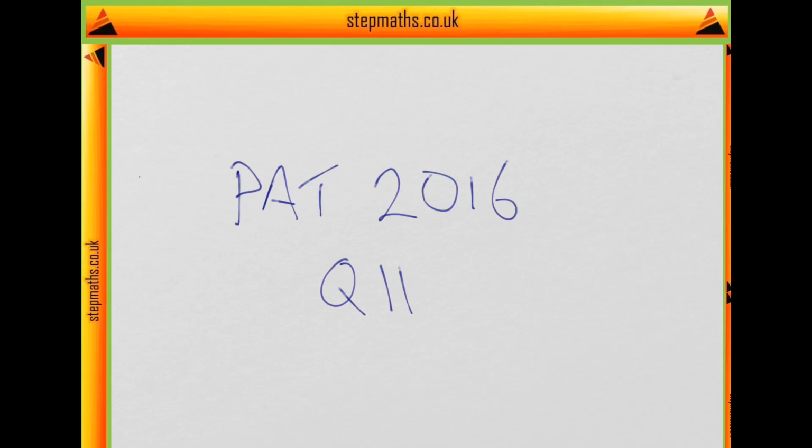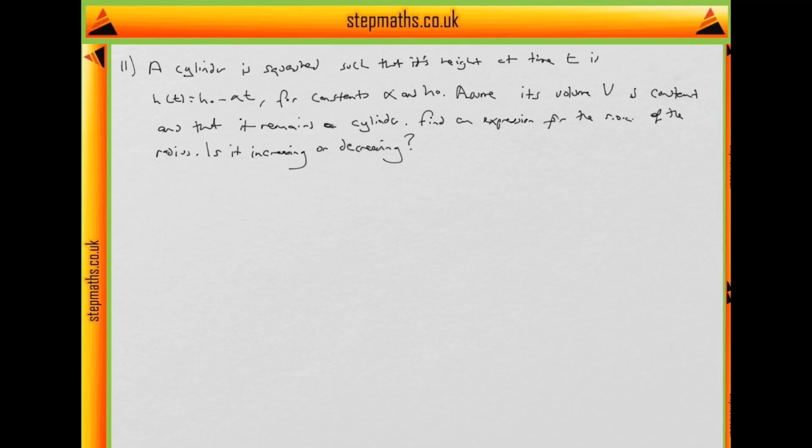Hi, so today we're going through the PAT paper from 2016 looking at question 11. In question 11 we're told a cylinder is squashed such that its height decreases and at time t, h of t is h0 minus alpha t for constants h0 and alpha. We're told to assume that its volume V is constant and that it remains a cylinder. And we're asked to find an expression for the rate of change of the radius and asked is it increasing